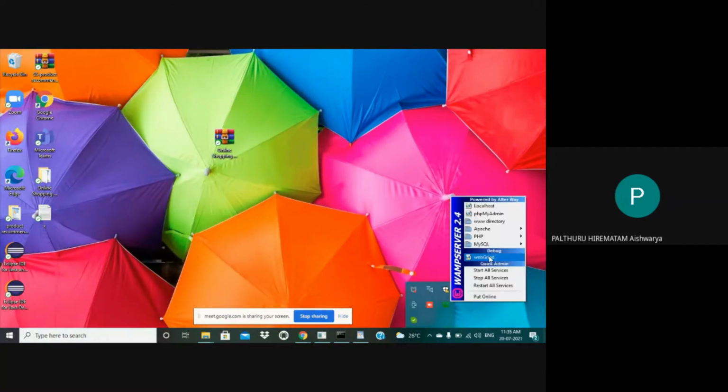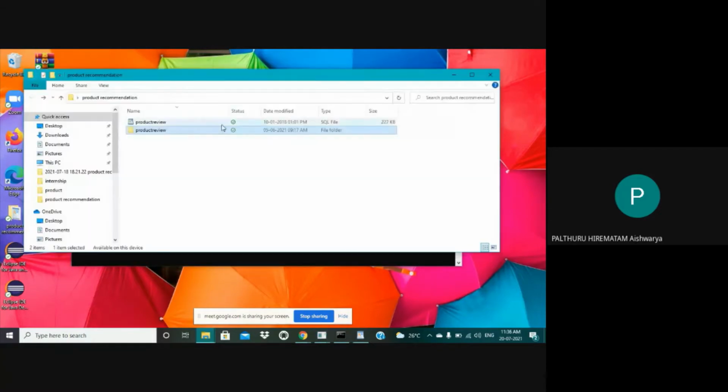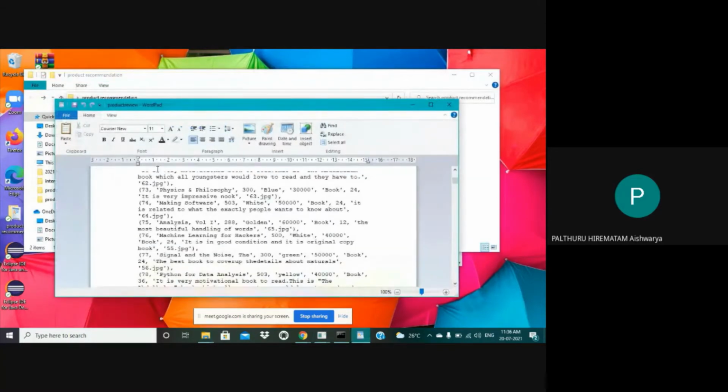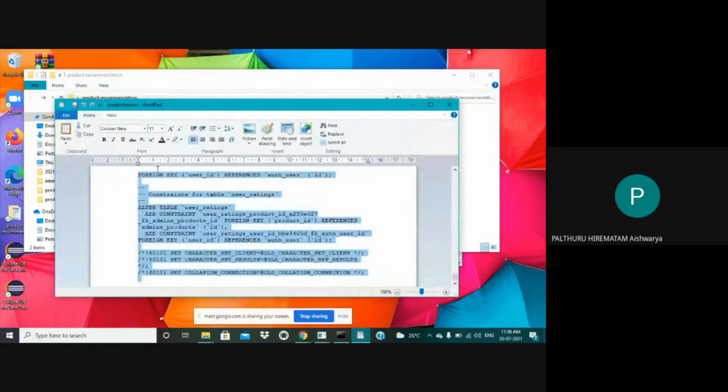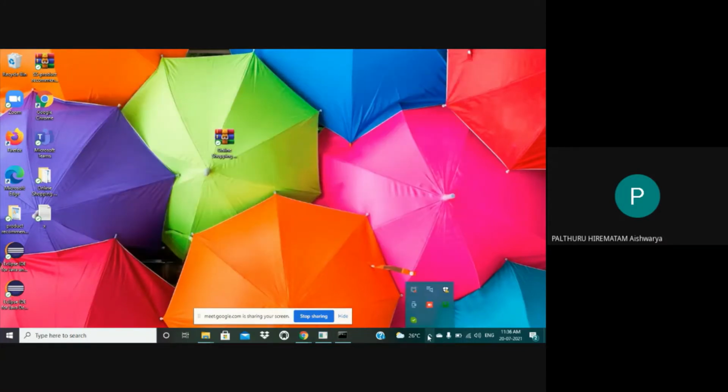As I previously said, in this product recommendation folder there is one file that has all the contents of backend related data, like commands and constraints that deal with this WAMP server.